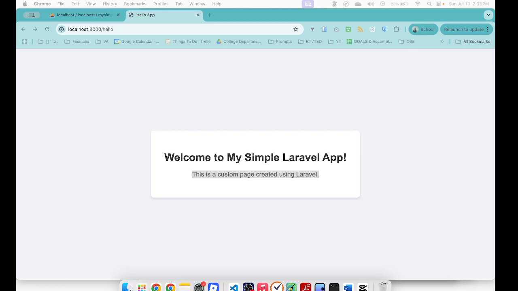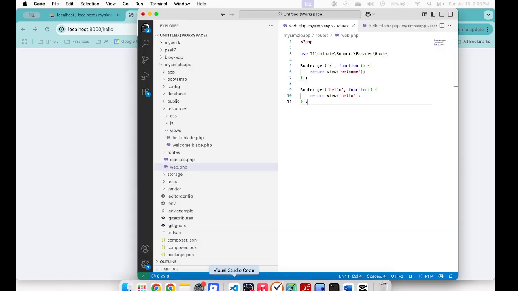Next is we're going to pass data to a view. So we often need to pass data from your application logic to your views. So we're going to show how to pass, let's say, a name to our hello view. So we're going to modify our route first. Let's open again the web.php. So this is our route web.php,